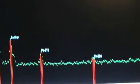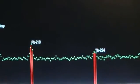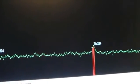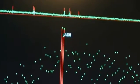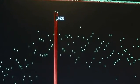See this? So there's quite clearly lead-210, thorium-234. These are very small sample. There's thorium-234 again. Let's move across here and see what we've got. We'll go up here at this. And there's uranium-235 here. See that? Now uranium-235, that's that peak there, is telling us that we've got a lot of uranium-235. That means with the other thing we've got